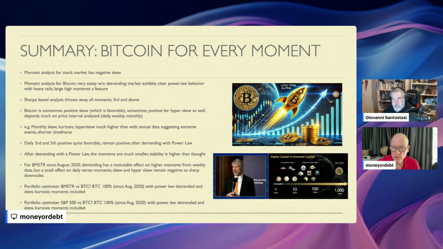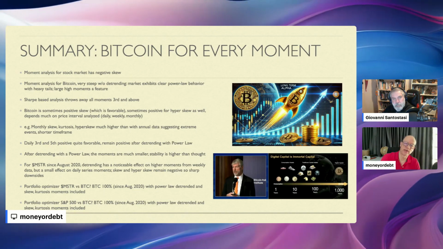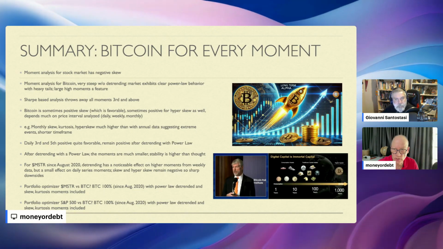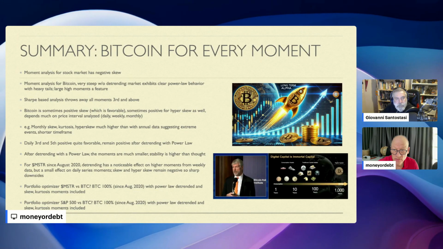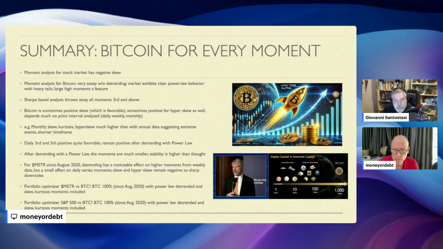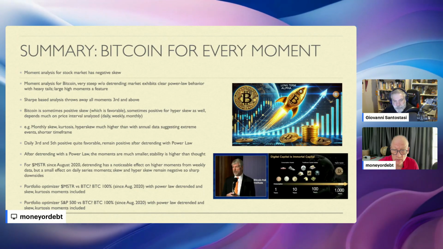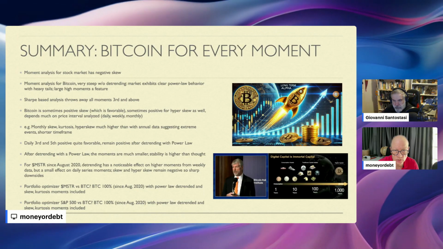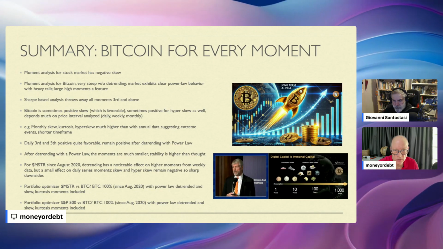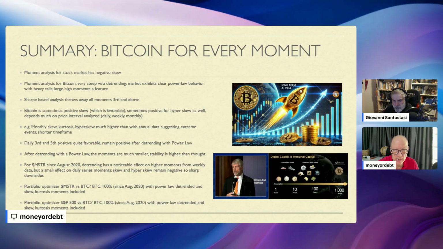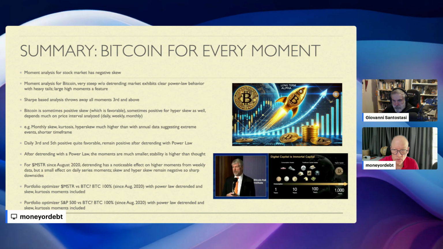The monthly skew and kurtosis are much higher than with annual data, so that suggests extreme events on the shorter time frame. The daily third moment, the skew, and the fifth are positive, and that's quite favorable, and they remain positive after you detrend with the power law. All of the moments are much smaller after power law detrending, and so your stability is higher than you would have thought using traditional